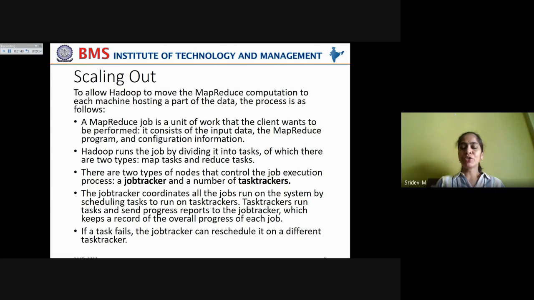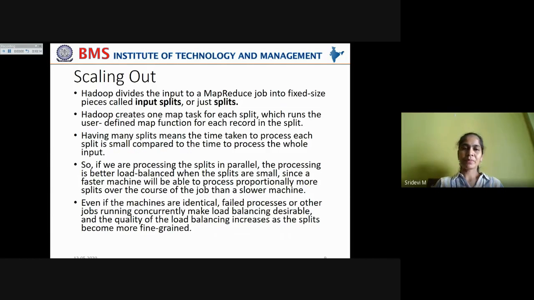Now, a MapReduce job is a unit of work that the client wants to be performed, and it consists of the input data, that is the data which has to be analyzed, the MapReduce program and the configuration information, that is the client configuration and the name node configurations, where exactly the blocks of data are distributed.